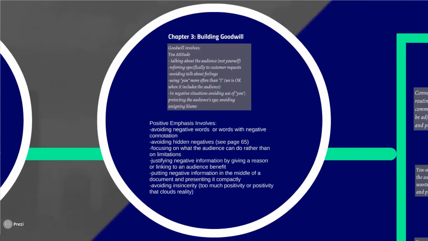Chapter 3 really talked quite a bit about building goodwill with an audience, and the two main things I want to emphasize from Chapter 3 involve you attitude and creating positive emphasis. So you attitude is sort of, we're thinking about perspective a little bit, and in our academic writing courses and in other courses where we've been told never to use second person you. In professional writing, we actually want to try to use you because we're talking to this audience, and we want to make it clear that the piece of correspondence, the professional communication we've created, is about the audience, not necessarily